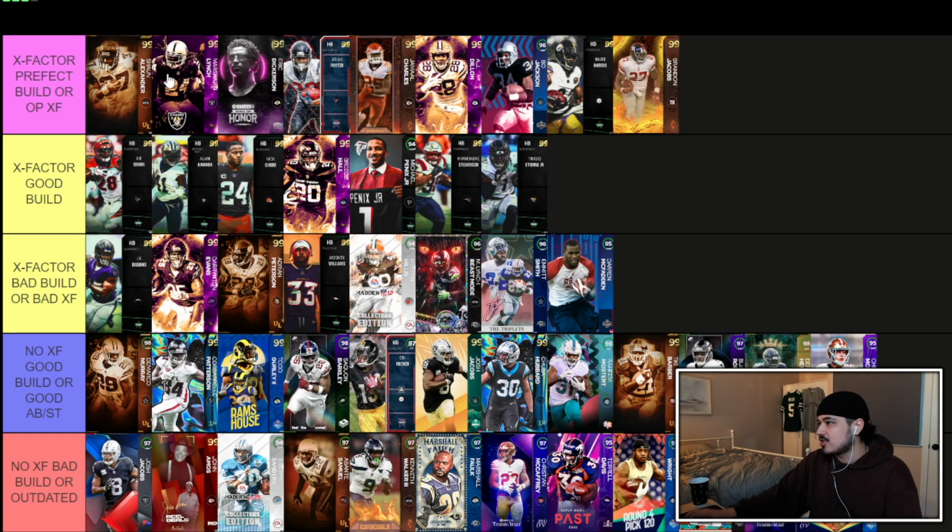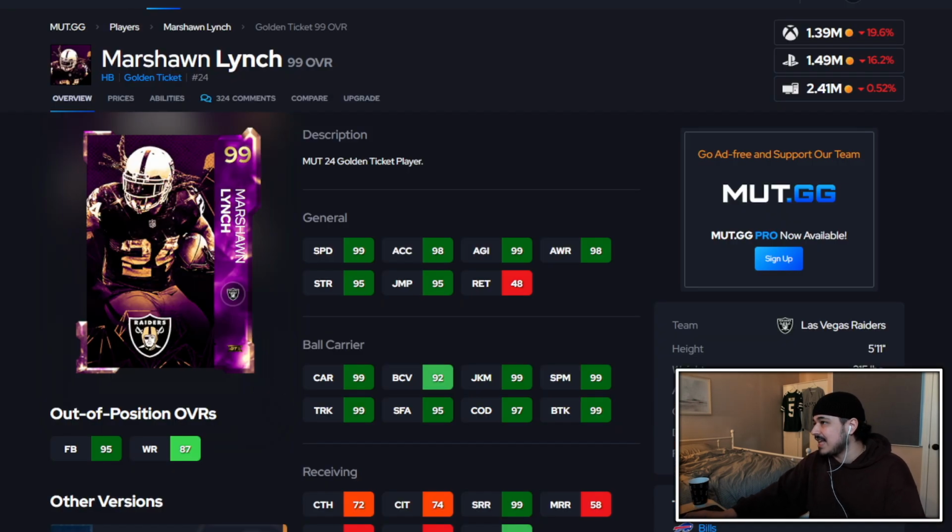Alexander and Marshawn are so interchangeable, man. They're truly interchangeable. They're very similar builds. Alexander actually has the better build, but not the better stats. That's the main thing there. The stats on Marshawn are just better because he has 99 speed, but it's a 2 speed difference, and